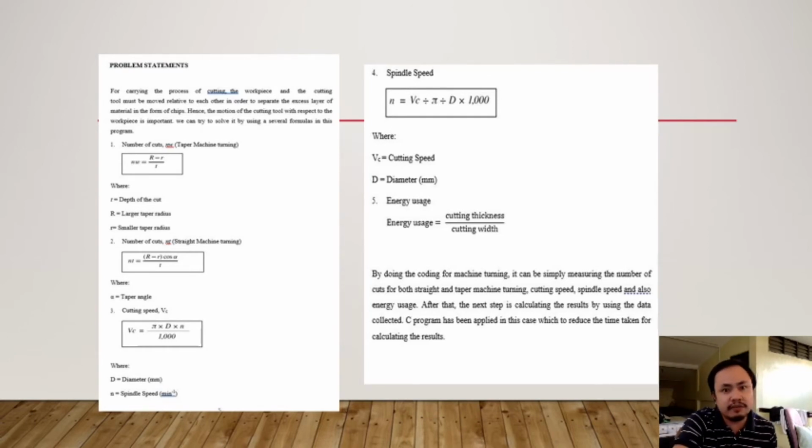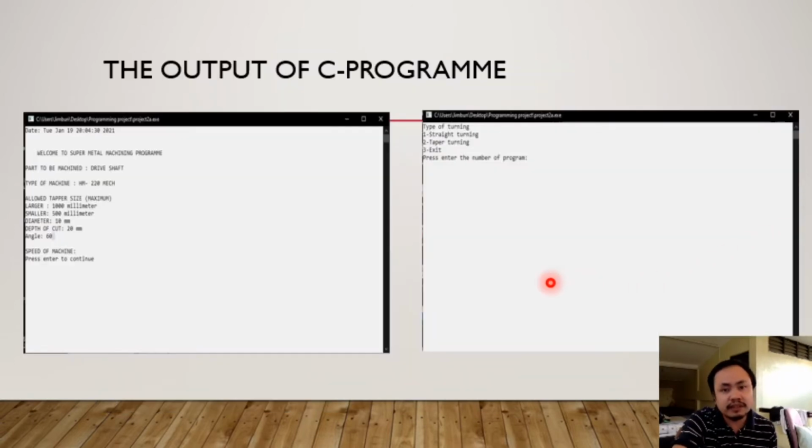So this is part of my calculation, which is the problem statement on how to produce the program and calculate the formula before we start programming. And then after recording the long coding, it is available in the report, and this is the outcome after the programming is done. Here you can see the C code output for the first interface, and